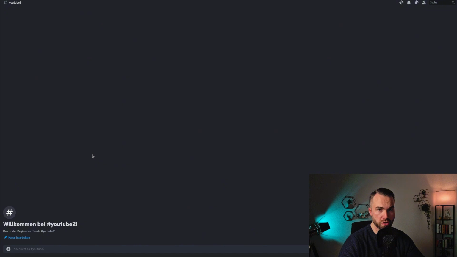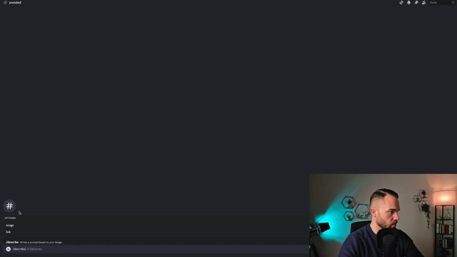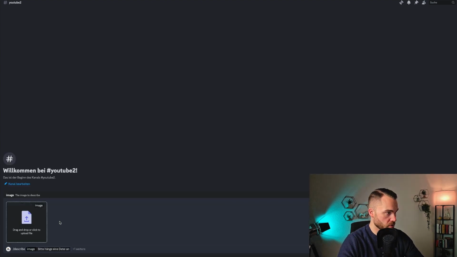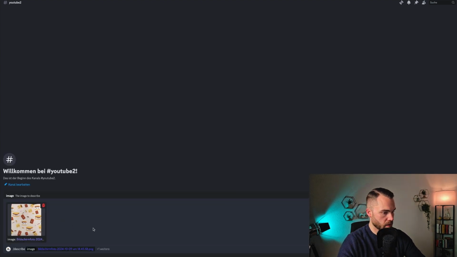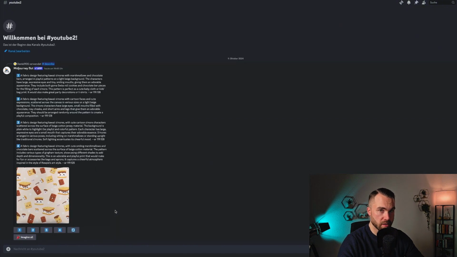So what you do in MidJourney is you take the command /describe. So just type in /describe, press enter, click image, and then you just choose the screenshot of the pattern and then press enter. And now what it does, it looks at the image and generates prompts for these images, and